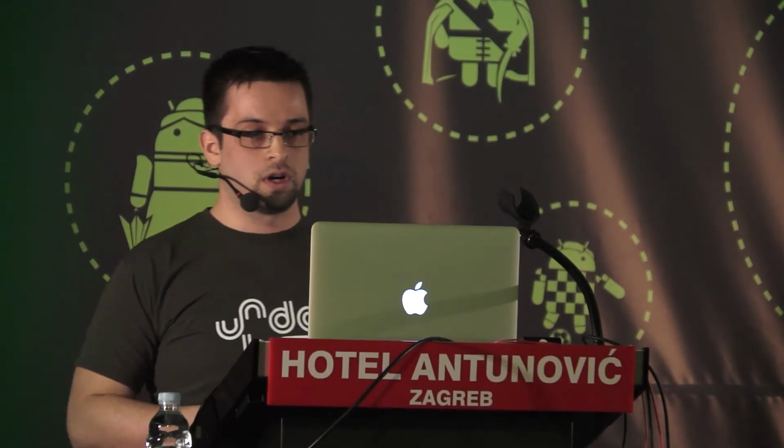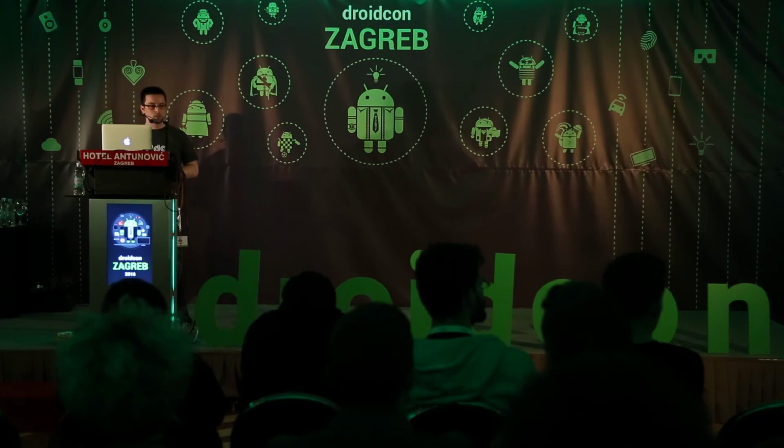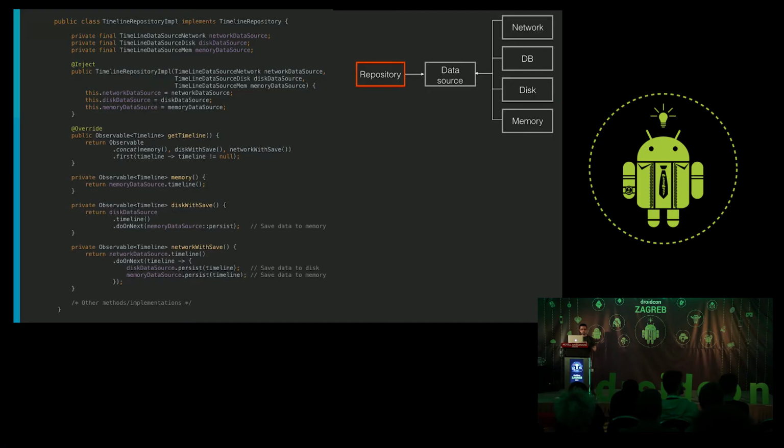OK, and now the far most code-heavy slide of the entire presentation is the repository implementation. First of all, we have dependencies on 3 data sources: the network, the disk, and the memory. All of these 3 are provided via constructor injection, and when someone calls the get timeline upon that repository, we will again do something that's called the shortest path, where we are going to concatenate 3 streams. One is for memory, the second one is for disk with save, and then the third one is network with save. And we're going to take back a result from whichever is not null,